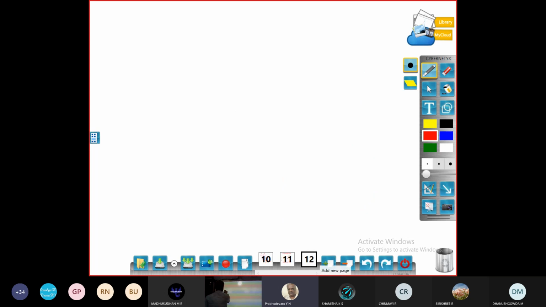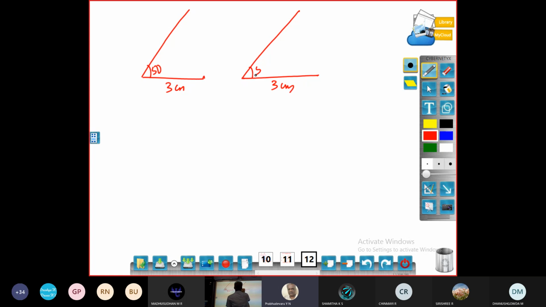Now I am going to take one more type. First condition, this is 3 centimeter, another triangle 3 centimeter. Assume that both are 3 centimeter. Then angle 50 degree here and here also 50 degree. With these 2, it is not enough. Third type. Now I am going to take one more side. This is AB. This is PQ. This I will take 5 centimeter, and this also 5 centimeter. So 5 centimeter means exactly something you have to cut. Then this is C. This is R.